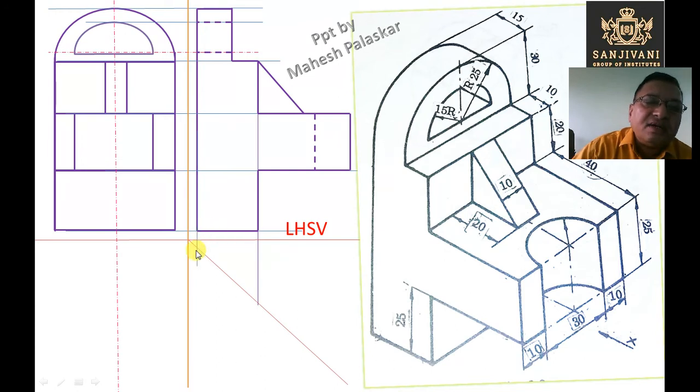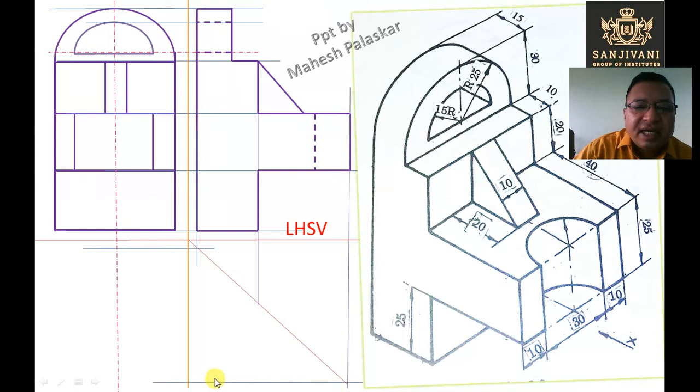This is the projector drawn vertical up to the 45 degrees line. Then from this point we draw a horizontal line that is entering in the top view. Similarly here the projector is drawn and then the horizontal line is drawn. So here we draw a center line because this is the center line for this particular semicircular slot. Then these projectors are drawn. From here the projector is drawn and we draw the semicircle. The diameter of this semicircle is 30 mm and the radius is 15 mm.